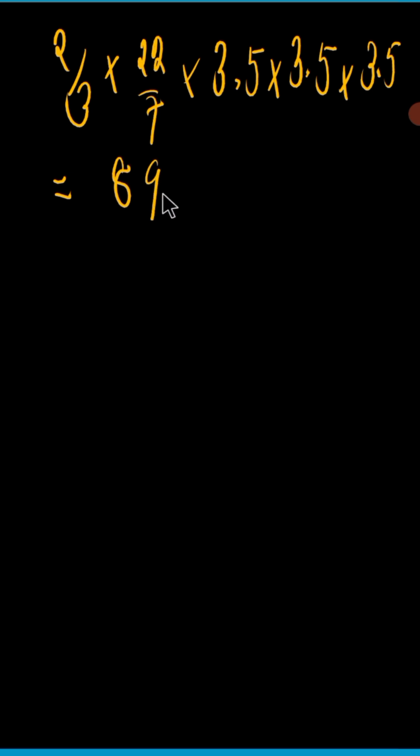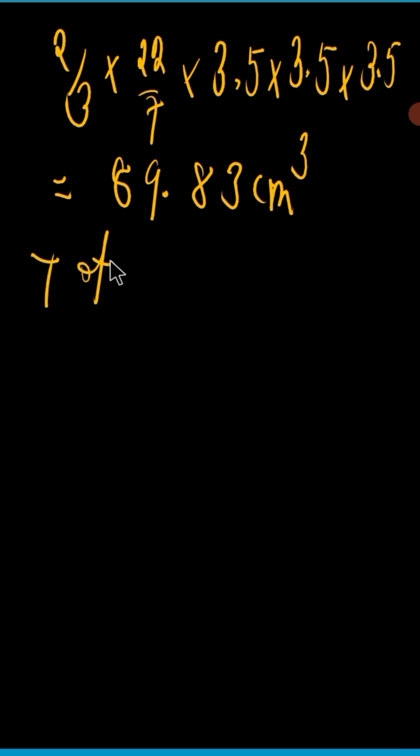When you do everything, we'll be having 89.83 centimeter cube. Make sure you do your own calculation, meaning multiply what you have on top first, multiply what you have down second, you now divide your result. But my own result is this. Then what is now the total volume? The total volume will be equal to the volume of the